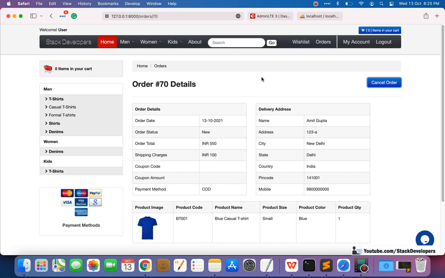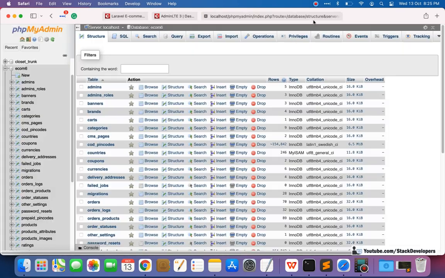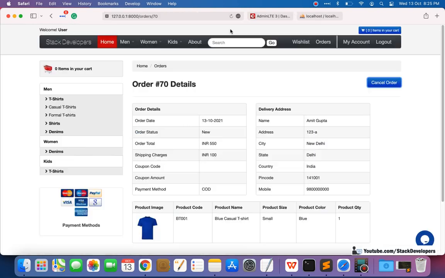Okay, so first of all we are going to start working on making the table, because all the returns will go in one table. We are going to create the table return_request, and there are a few fields that we require, like ID, order ID, user ID, product ID, code, return reason, return status. Okay, so we are going to create the table return_request with the help of migration, and after that we will add a few dummy entries with the help of Seeder as well.